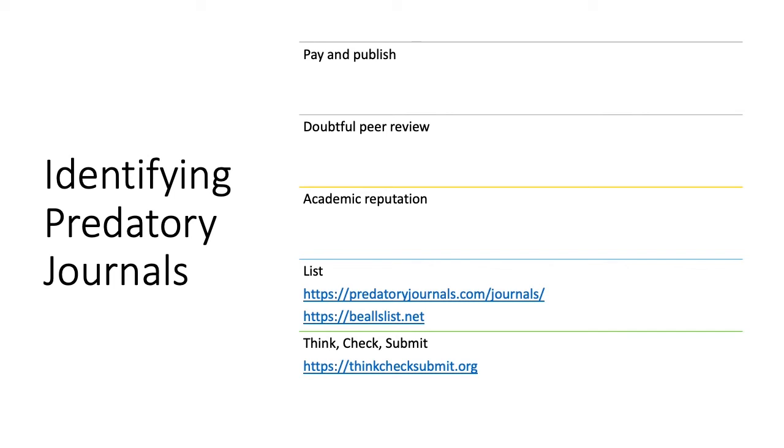to identify which journal is the right one and which is predatory. What does predatory means? Basically, predatory means they will not do any kind of peer review, they will not check for the quality, and they will just take some money and publish your article. And this publishing in such kind of journals is loss to your academic reputation. So you must have tools to identify such journals. There are these two websites which give list of predatory journals, and